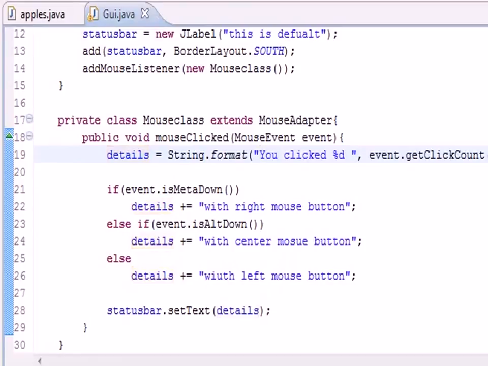But that's your basics of how to distinguish between the right, the center, and left, and also how to use a mouse adapter class to only override the methods that you want. Again, we only overrode one method, and we didn't have to override all 7 for our program to work, so that's the power of a mouse